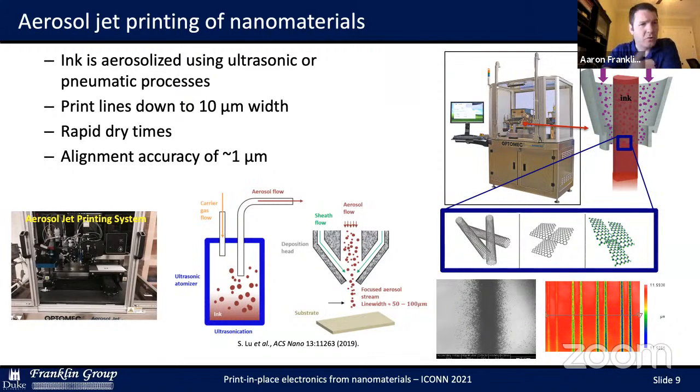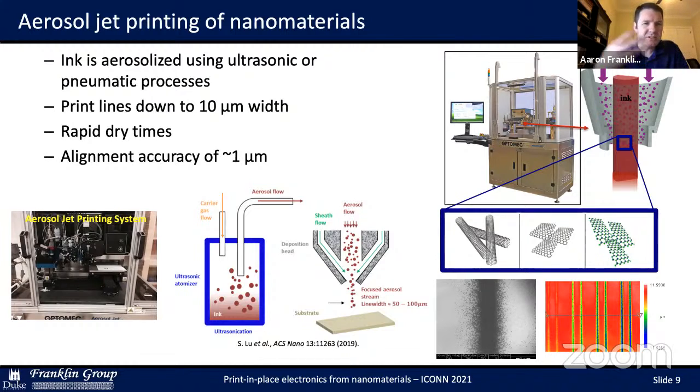That's pneumatic or ultrasonic, and it gets the ink into this sort of mist in an inert gas stream, guides it out of the print nozzle with an additional inert gas stream at the sheath that helps prevent clogging events at the nozzle, and then prints onto a surface, usually with more fine resolution than you can get from an inkjet process, because it's able to guide more fine droplets than the large extruded print in an inkjet.